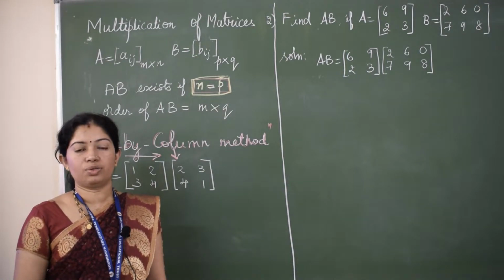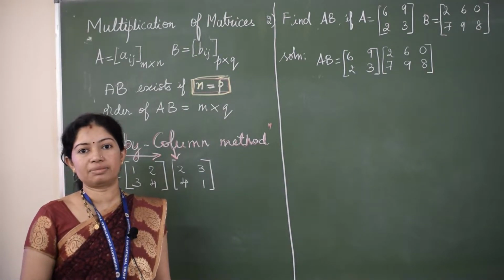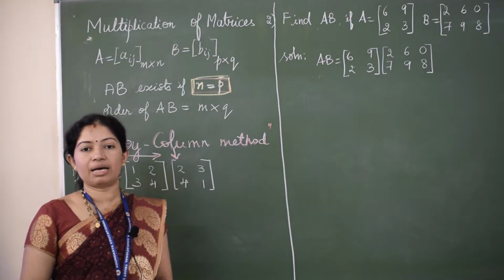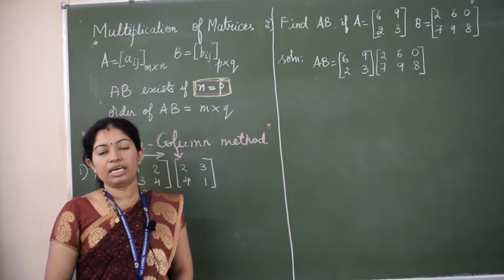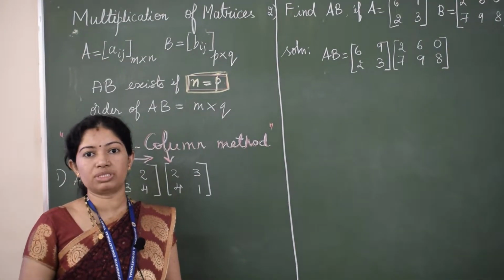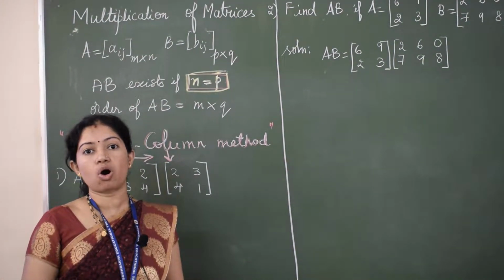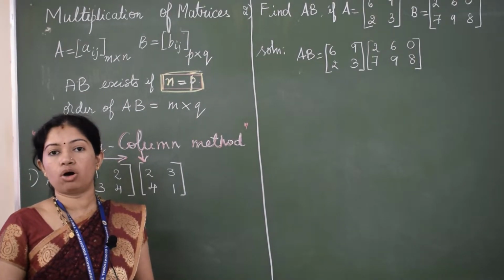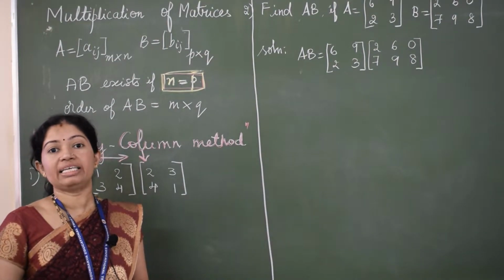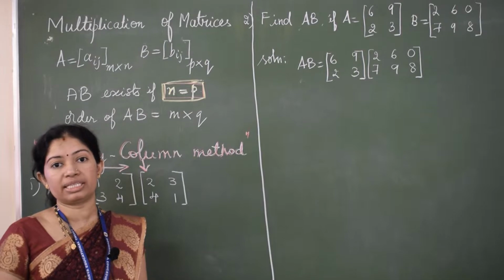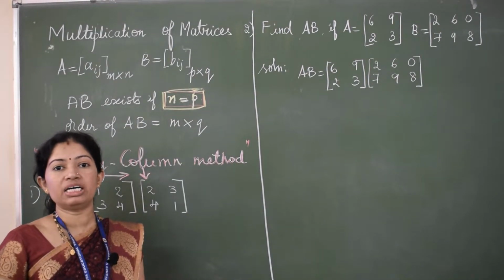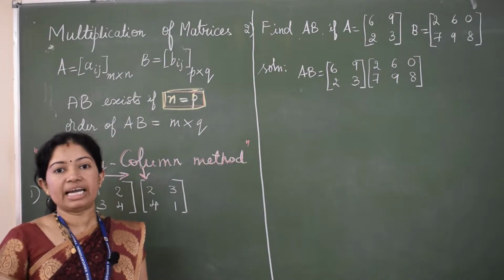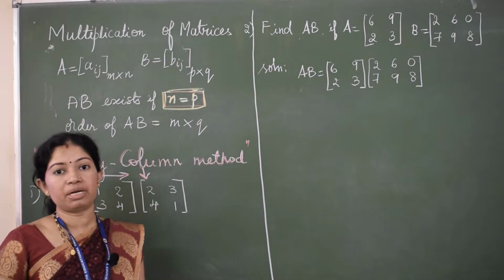Hello students, today let us learn about matrix multiplication. By this time, you are aware of the word, what is the order of a matrix. If a matrix is having m rows and n columns, then its order is m by n or m cross n. In that, m is the number of rows in that matrix and n is the number of columns. And you learnt matrix addition, subtraction and scalar multiplication.